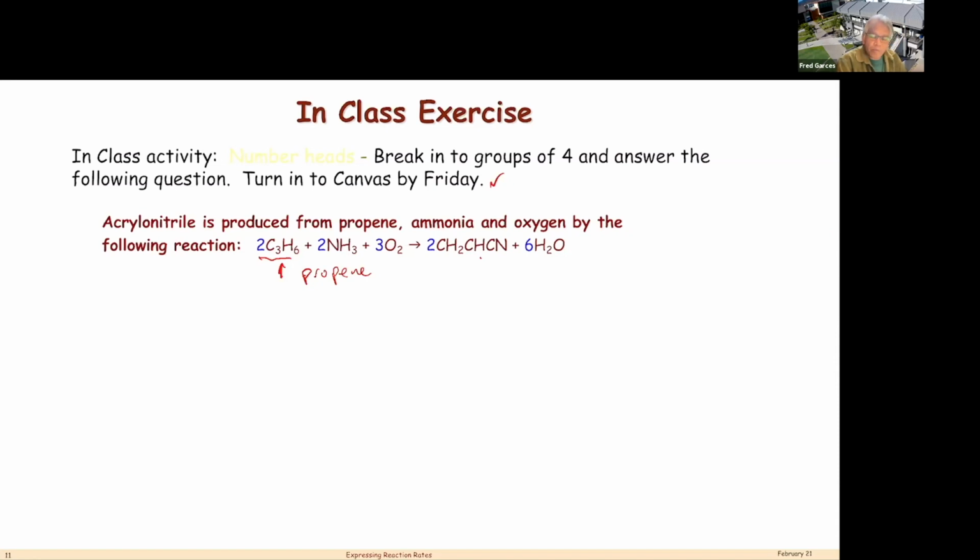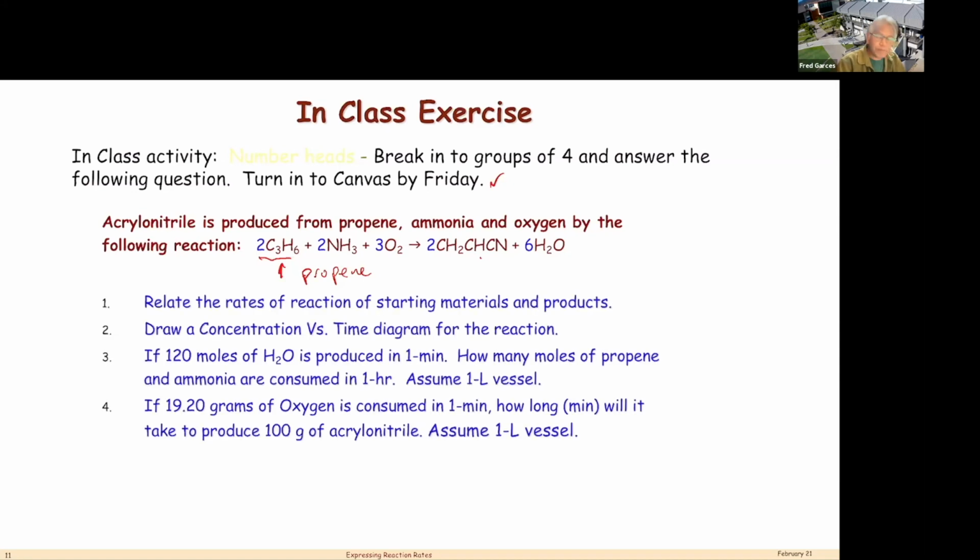Now, when we break into groups, you won't see this screen, okay, because your screen will be blank. So what you can do is take a screenshot of your computer when I show you the problem. That way you have it in front of you. For those of you who have a Mac, it's, let me see, Control-Shift-4. I don't know what it is for PC. You guys can help each other out. Or one of you take a screenshot of this problem right here and then share it with your classmate. It's also found in the Canvas